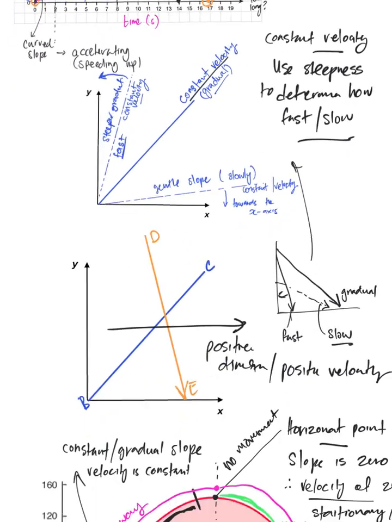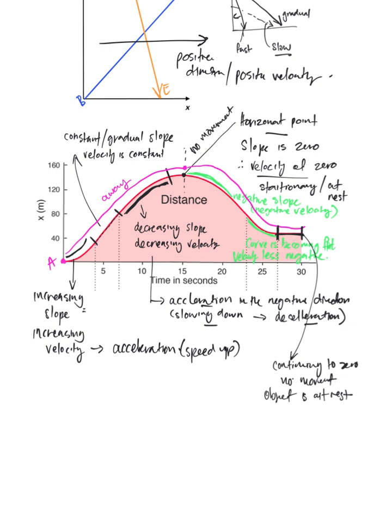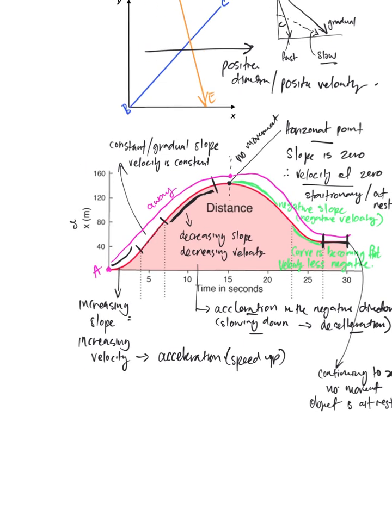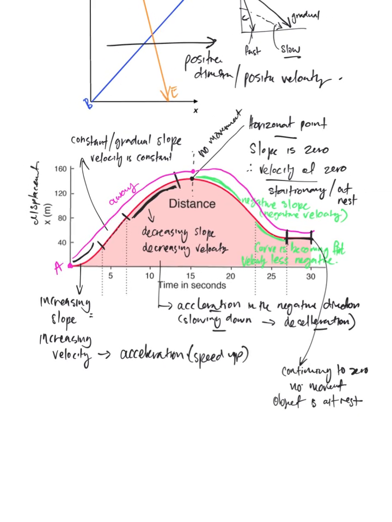Right, if I look at this other graph that we were looking at here, again, you've got a displacement time graph. And when you have a displacement time graph, you can look at it in a different way as well. You can look at things moving in a more rounder way. Right? When we look at displacement time graphs,